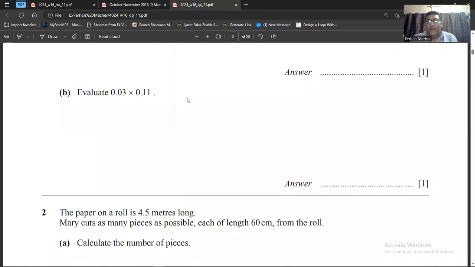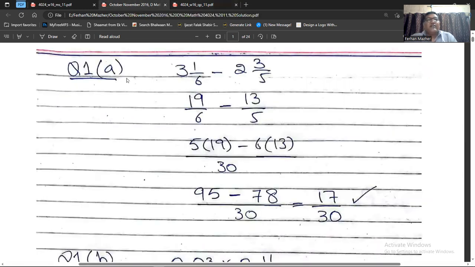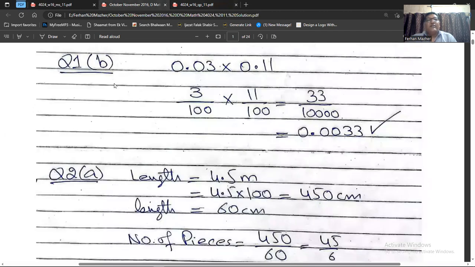He says evaluate. So we have 0.03 multiply 0.11. The strategy is we will convert these decimal fractions into fractions. 3 by 100 multiply 11 by 100. And we will have 33 by 10,000. So I will move the decimal 4 steps to the left. So my answer will be